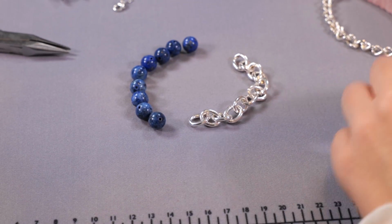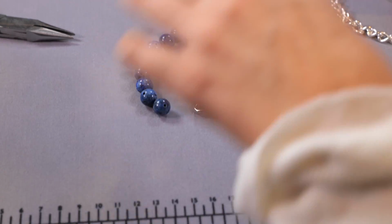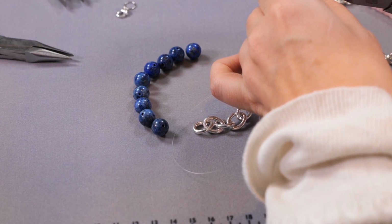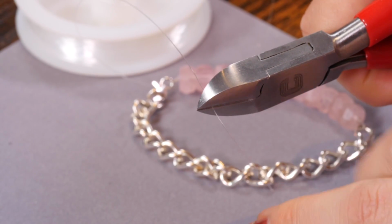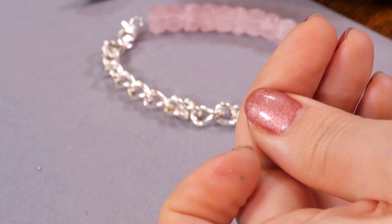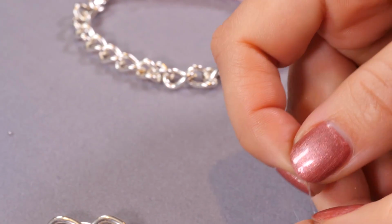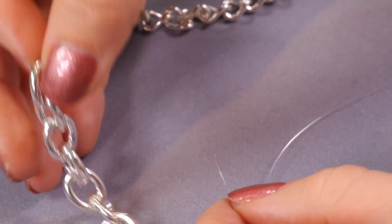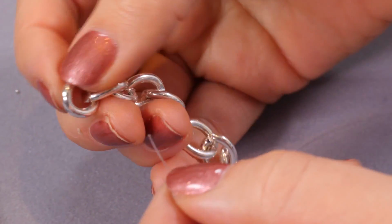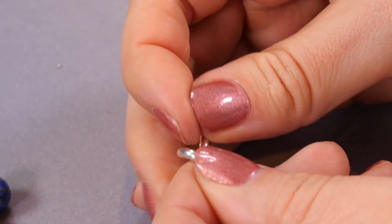Then I'm going to take a nice little length of the nylon thread. I'm going to take much more than I need because I can always cut it down, but it's much harder to add it on, and I'm just going to cut that off. You could also use scissors for that if you don't have pliers. The first thing I'm going to do is attach one to the other. So I'm going to thread my nylon wire through the end of my chain,